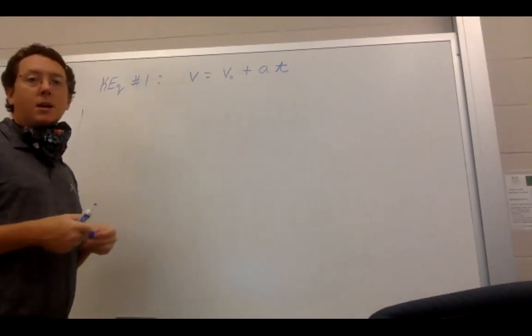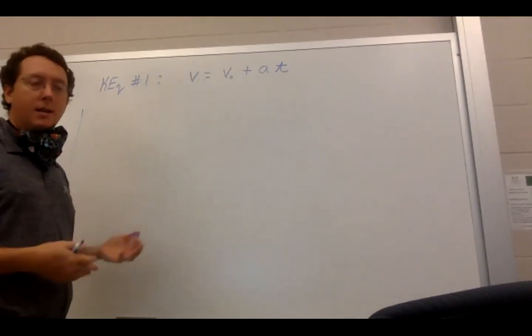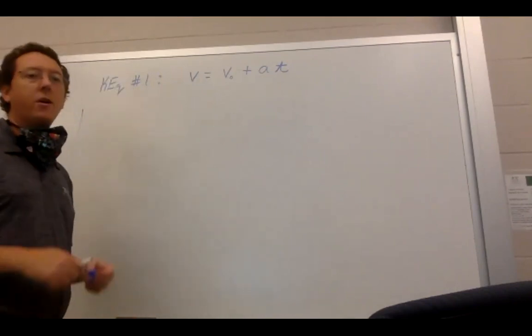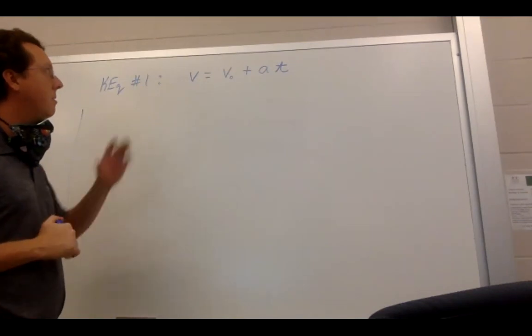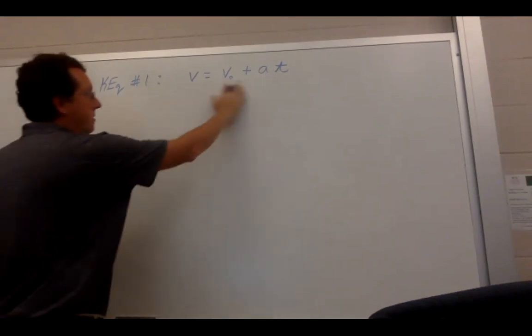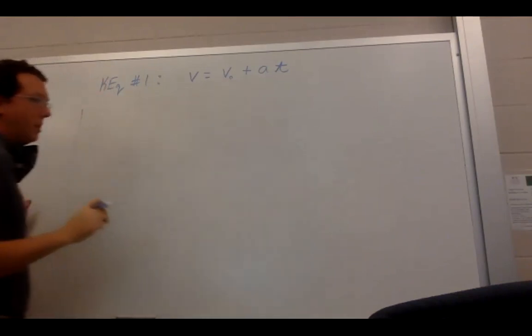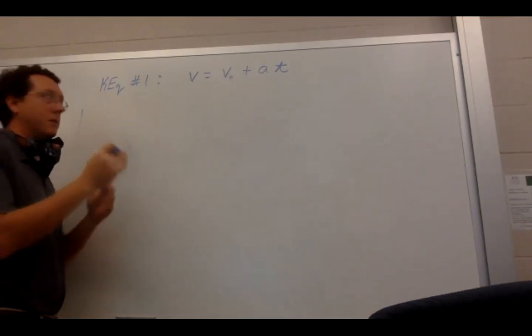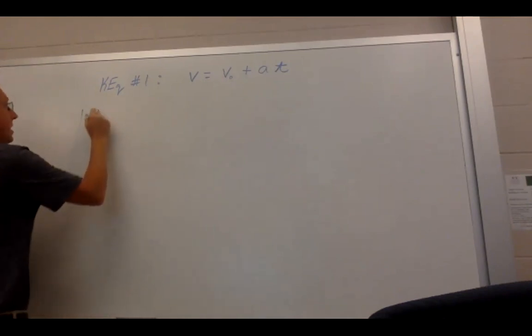When we have something complicated, like a spring or something where it's always varying all the time, you can't use these equations. But for most of this semester, we can use these, or at least approximately use these. The second kinematic equation,